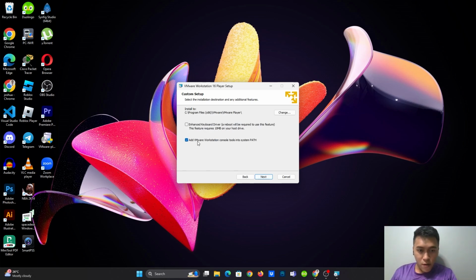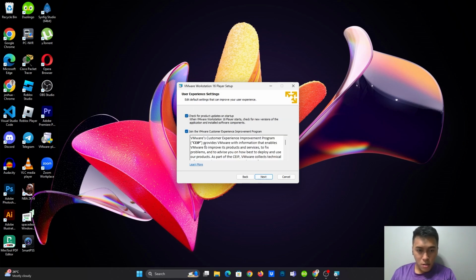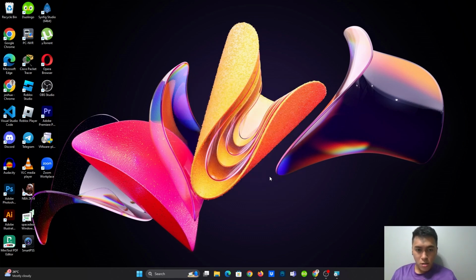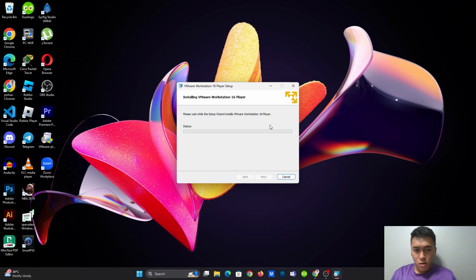I click this add VMware Workstation Console Tools, use System Path, and all of these are default. So just click next, next, and install, and wait while the setup wizard installs VMware Workstation 16 Player.